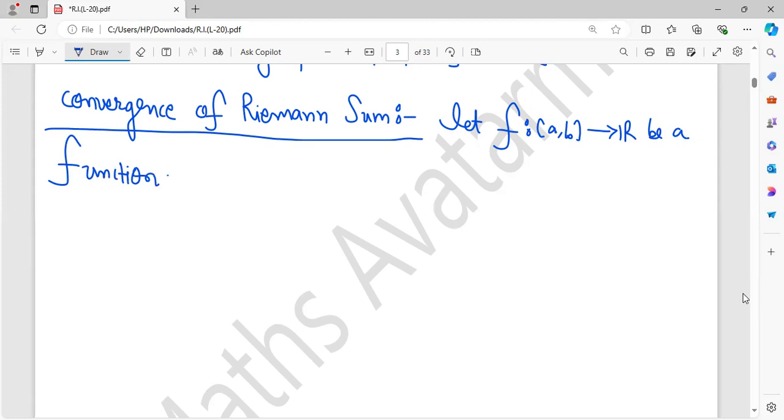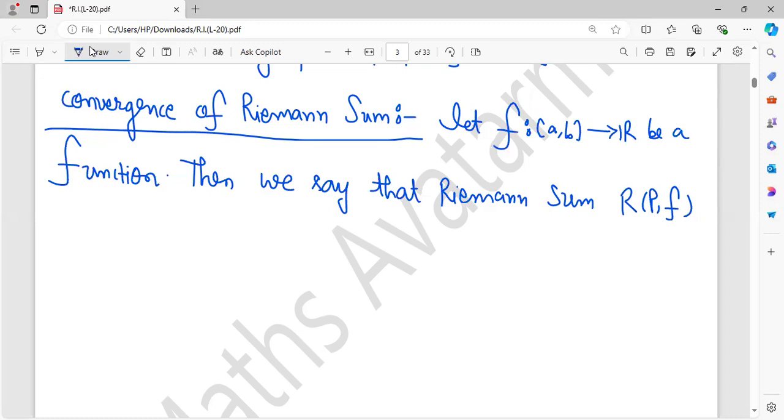Then we say that the Riemann sum R(P, f) converges to some L belonging to R, because Riemann sums are nothing but real numbers. So this converges to L in R if, given